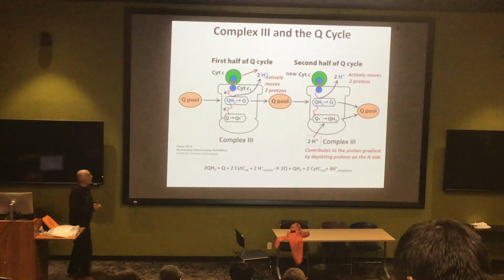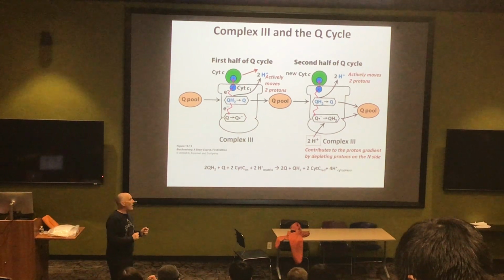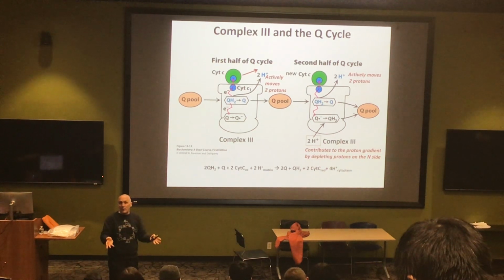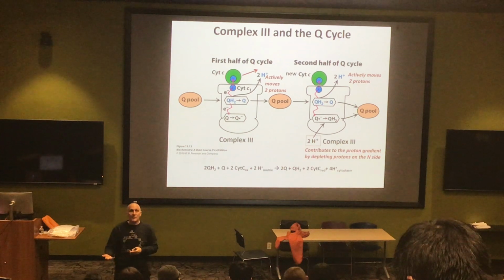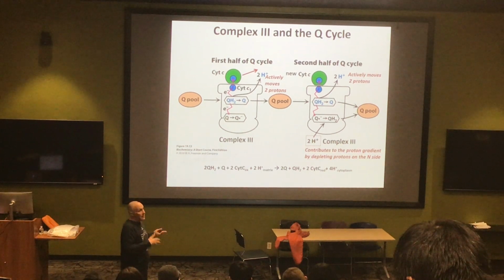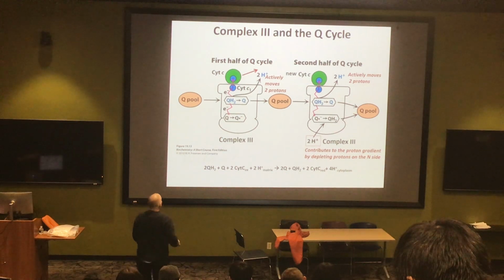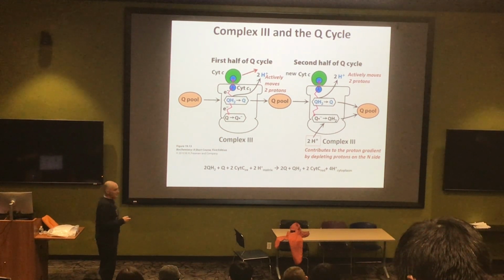Anyway, now we have to get the electrons forward, right? We need to get them off these quinones, and we need to get them further, and of course, in doing so, we're going to be moving electrons down electron potential paths. So ideally, we can do so in a way that we could pump some more protons, creating more of a gradient on opposite sides of the membrane. So how are we going to do that? That is the job of complex 3.